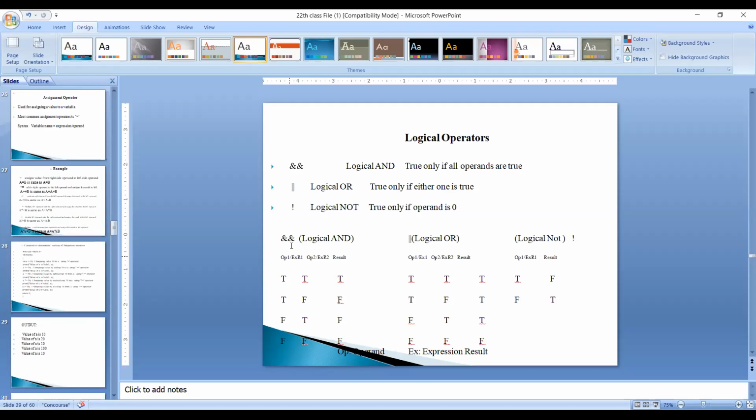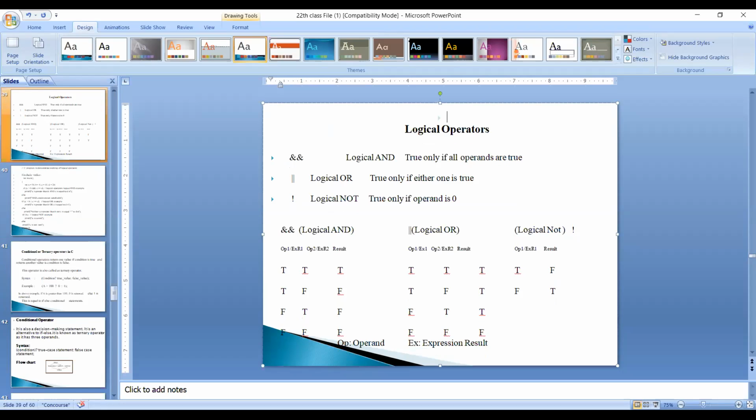See here, there are three types of operators: AND, OR, NOT. Expression 1, operator, expression 2, result. When we are working with logical AND, if both expressions are true, automatically the value will be true.